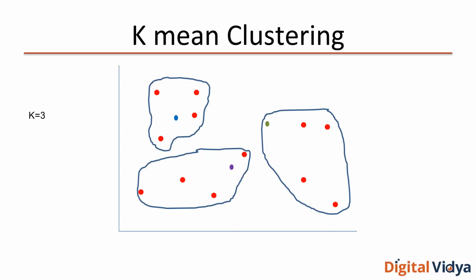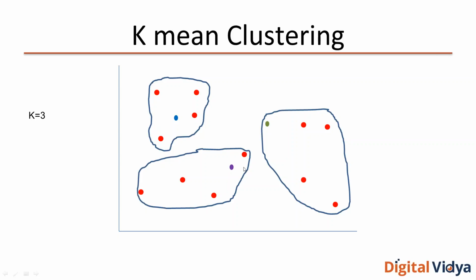So this is the first step in k-means clustering. For k equal to 3, you take 3 random points, then you assign each point in the space to the cluster of the closest one of those points. Now suppose this is the first cluster, this is the second cluster, this is the third cluster. For each cluster, you find a new point, the centroid. Earlier these were the randomly selected centroids. Now the clusters are formed, so for each cluster you find the new center by taking the mean, the average distance between these points.